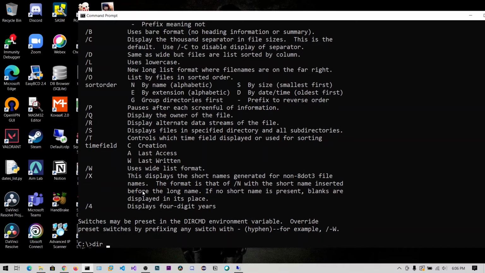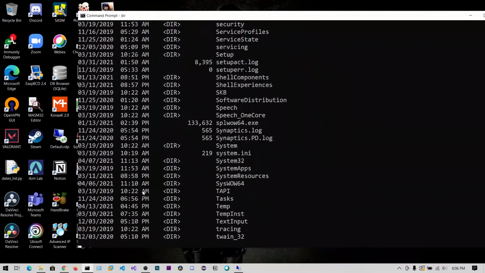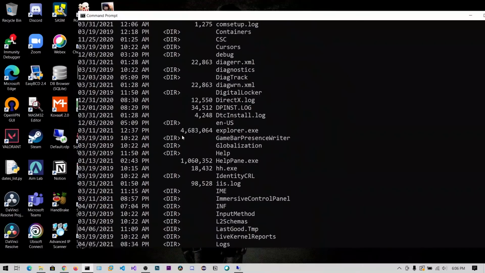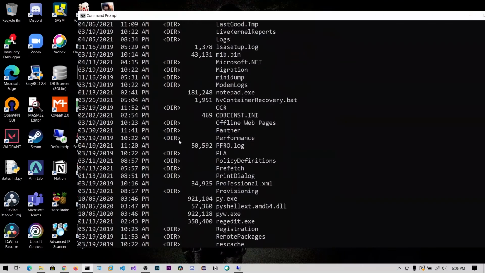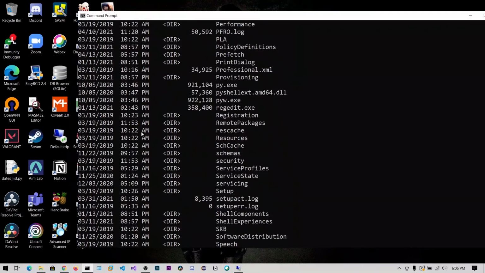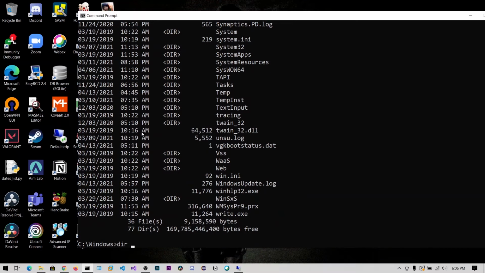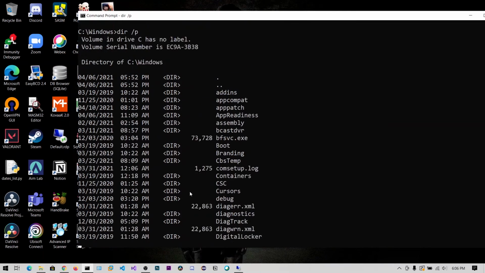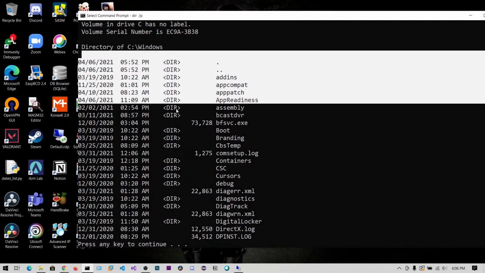dir, let's go to cd windows and let's say dir. Now you can see here there is so much information, and if you want to go up, you need to scroll up, right? So instead of that you can say dir /p. So what this means is it will take the starting contents, and it will fit in a page. So if you hit enter, you can see these are the starting results.